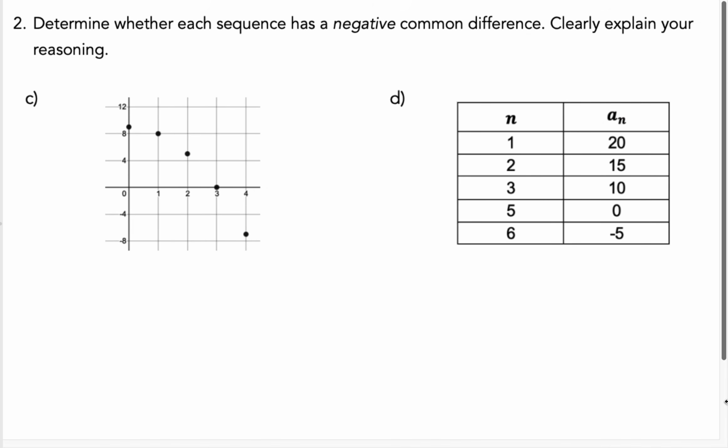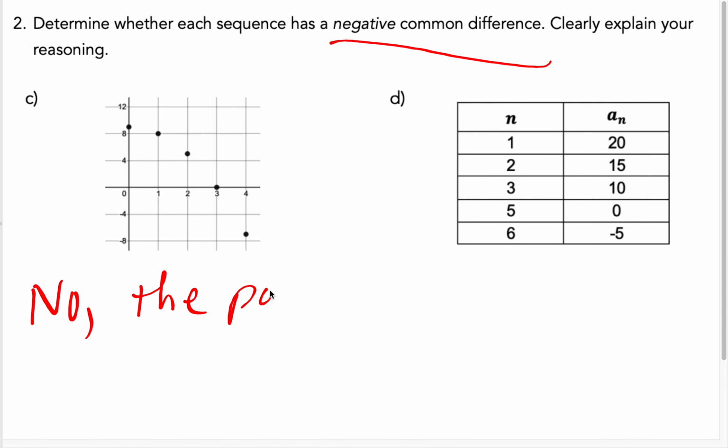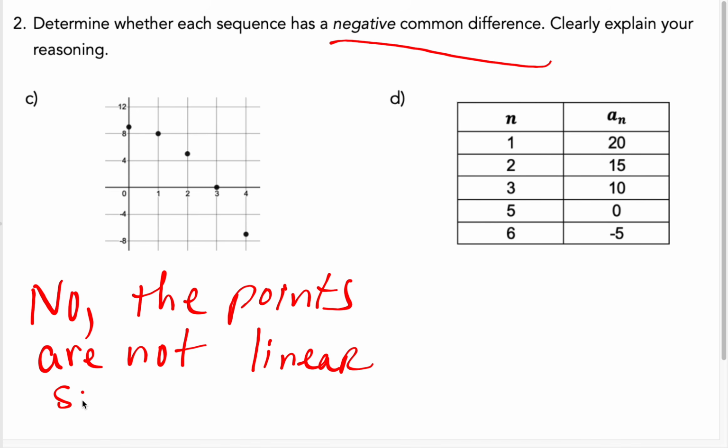All right, on to number 2C. Determine whether each sequence has a negative common difference. Clearly explain your reasoning. Well, the answer to C is no. The points are not linear, so not arithmetic. And on D, let's see, we're going down by 5, down by 5,